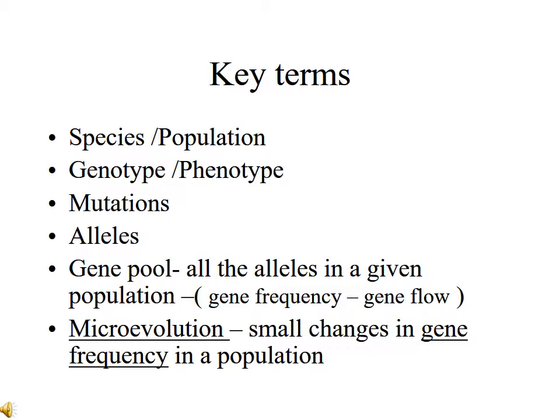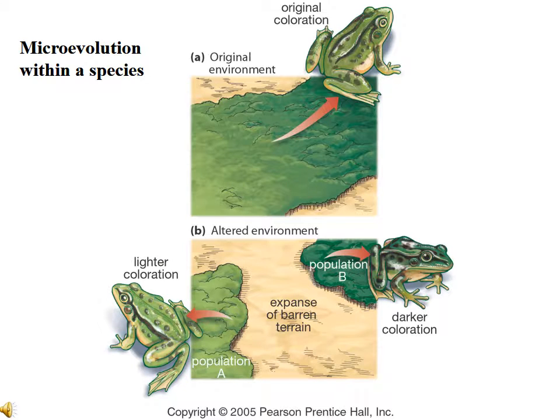So, to summarize, microevolution is small changes in the gene frequency in a population. Let's look at microevolution within a given species of frogs. If we have a population of frogs that exist perfectly happy in an environment, they're able to mate, to reproduce, and we maintain a certain gene pool. If a barrier develops that suddenly keeps a subset, population A, from mating with population B over a period of time,